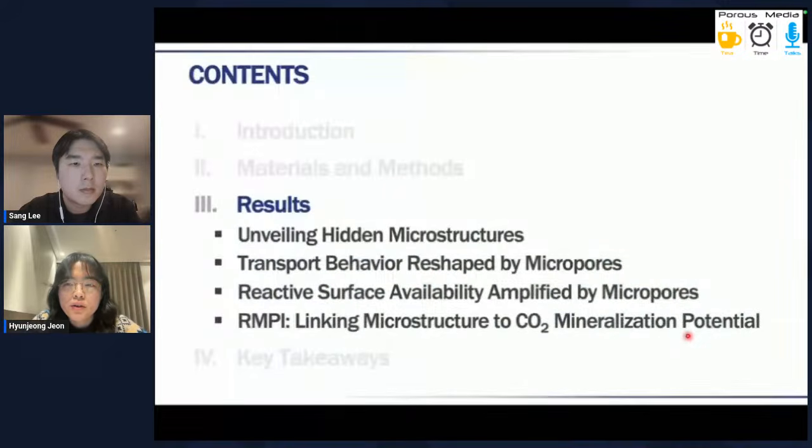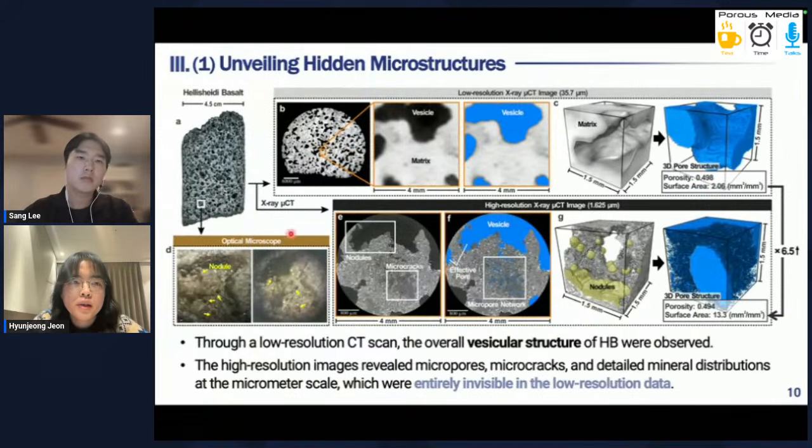Now let's see the results, starting with our observations of microstructures. So this is the Hwangryeong Shady basalt core, and when observing this core visually and through the low resolution CT, we see large vesicles and a relatively homogeneous and smooth matrix. However, high-resolution imaging reveals a completely different world, a complex network of microcracks, micropores, and unique microstructures like nodule, as